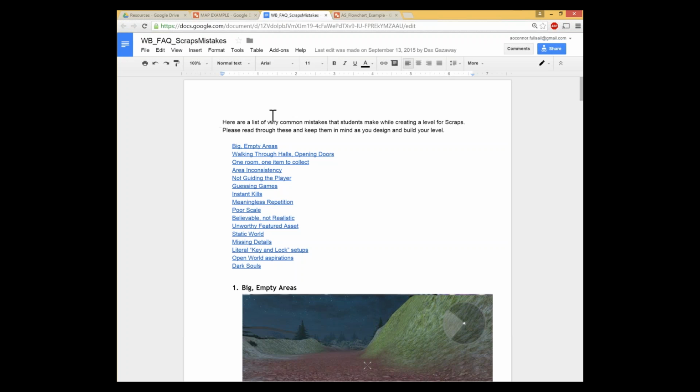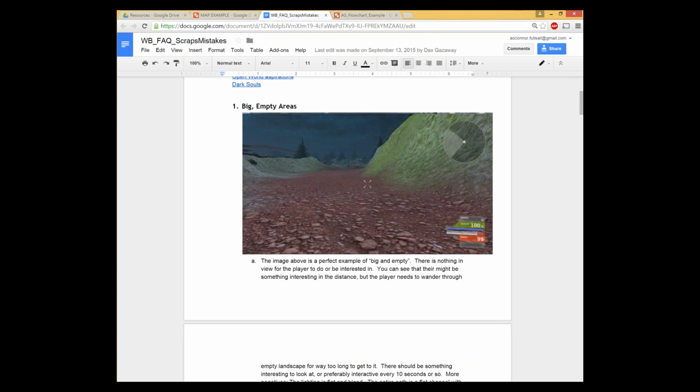So a few of these that we definitely see a lot. I'm just going to cover a few of these that are good talking points, and then you can read through the rest at your own leisure if you haven't already. So big empty areas. Some games do this really well, where they have these big open worlds, and there is a lot of interaction, even though it is large and there may be a lot of walking or driving or just transportation. There is a lot of dense gameplay,